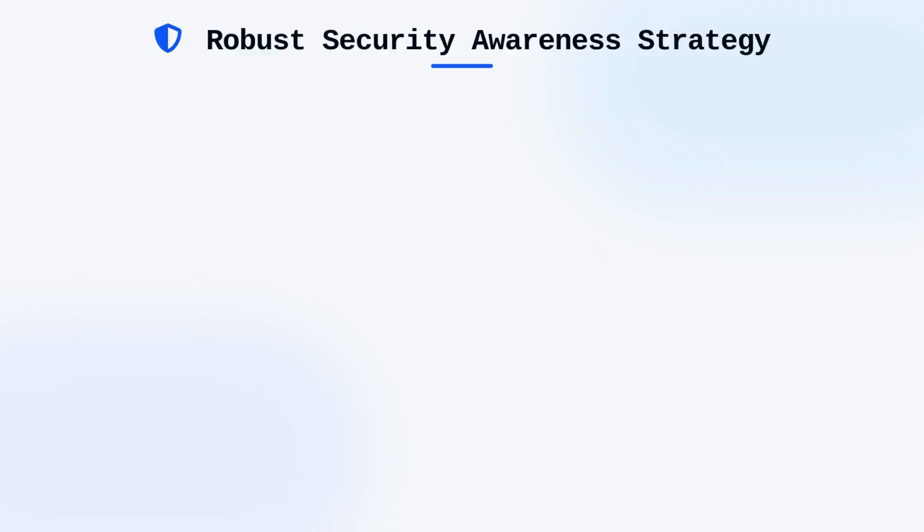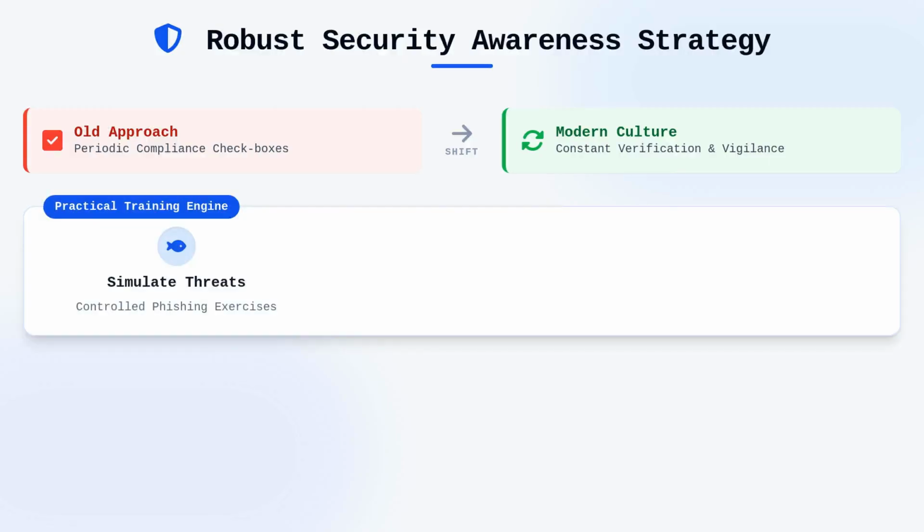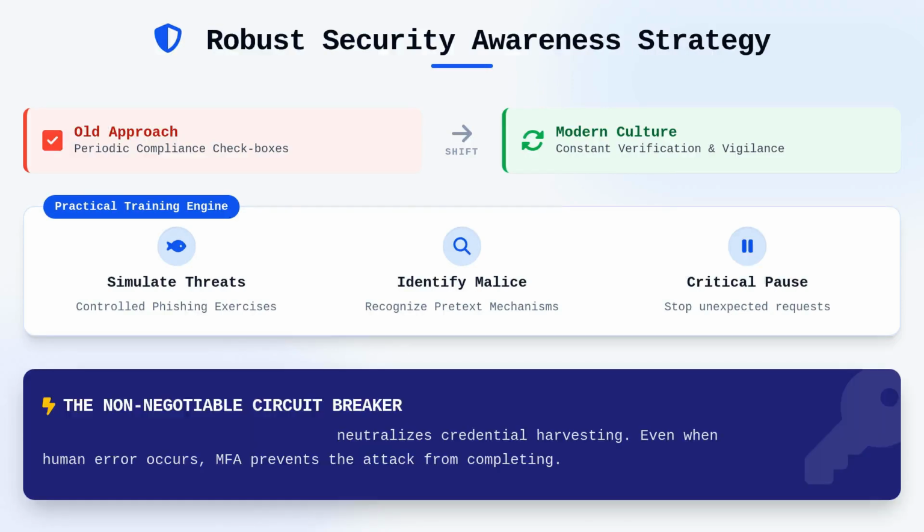Developing a robust security awareness training program requires shifting from periodic compliance checkboxes to a culture of constant verification. Effective training should simulate real-world threats, such as controlled phishing exercises, to provide employees with practical experience in identifying indicators of malice. When employees understand the mechanisms behind pretexts, they are more likely to pause when faced with unexpected requests for information. However, policy and training are only one side of the coin, as we must assume that human error